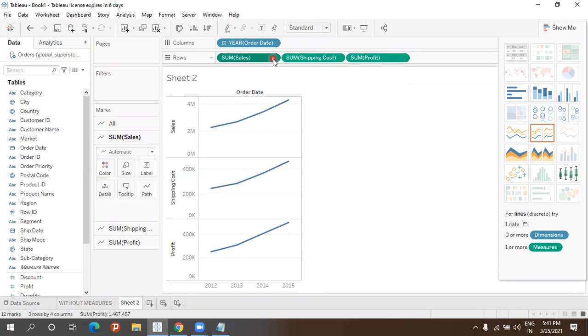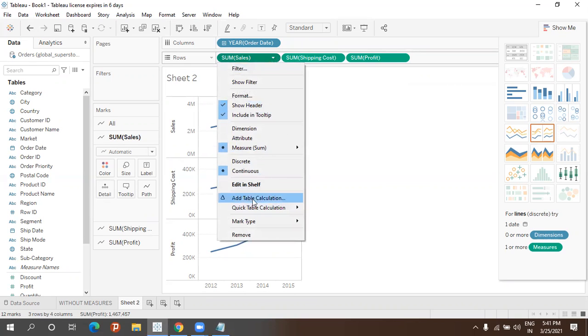When I click on this arrow mark, can you see any option called dual axis in this list? Can anyone see dual axis in this particular place?